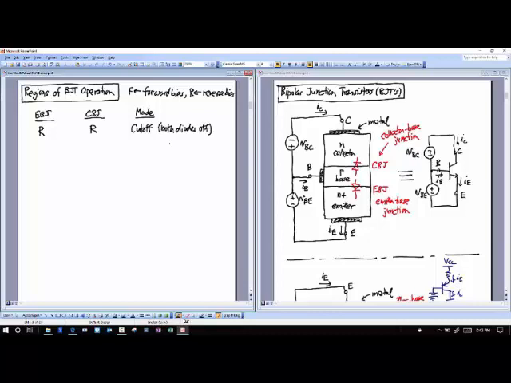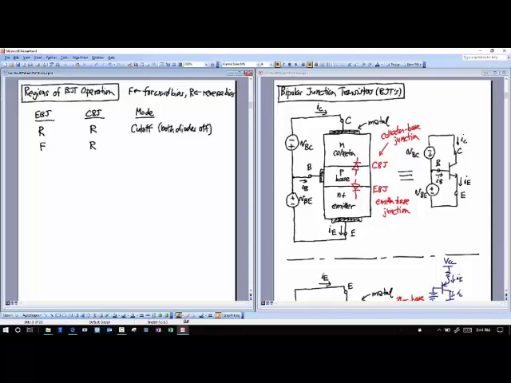Okay, now what if I forward bias the emitter base junction? So I'm forward biasing this junction down here, but I keep the other junction reverse biased. Okay? Now what's going to happen? Now current's going to flow through this bottom diode. Okay, and as I'll show, that will still allow current to flow through this diode up here, even though it's reverse biased.